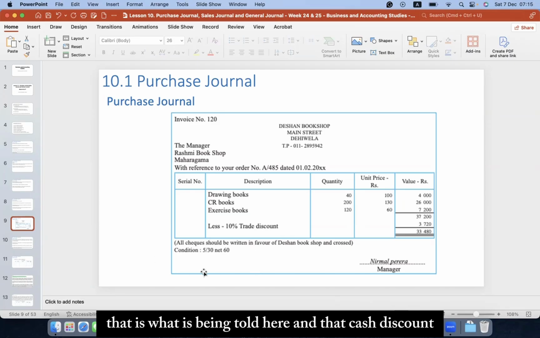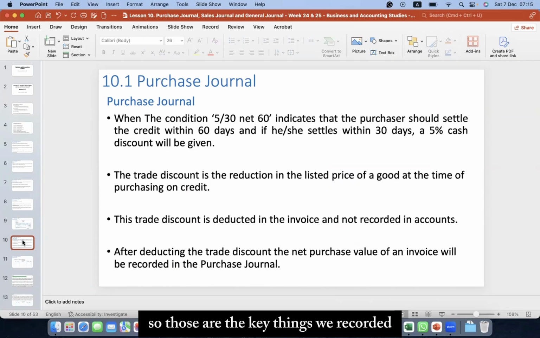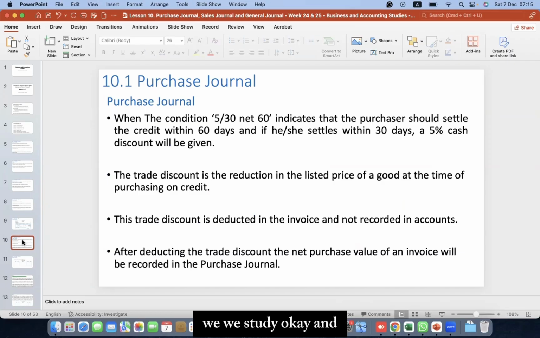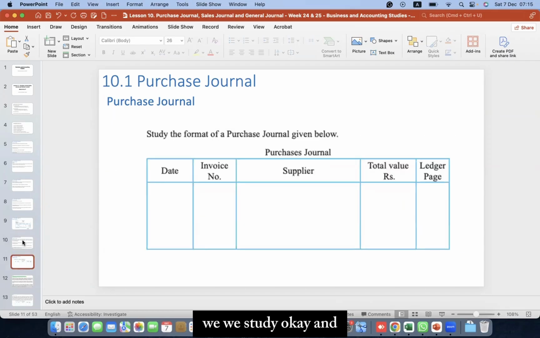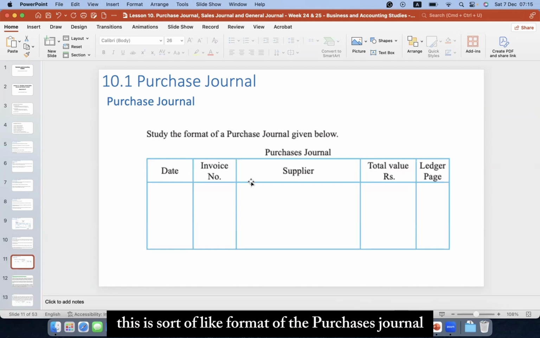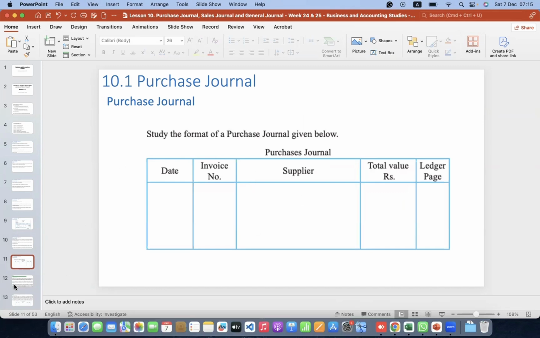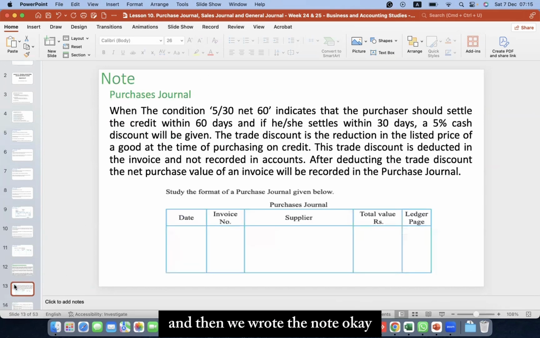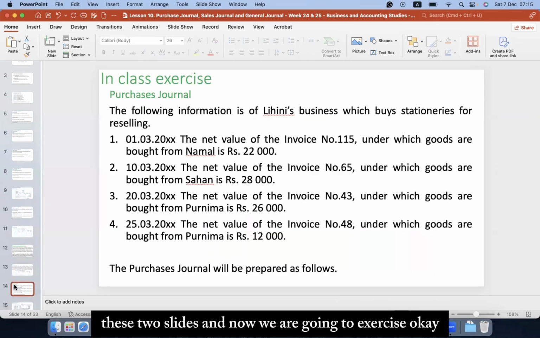And that cash discount we account for separately as we are collecting money and collecting the payments. So those are the key things we recorded and studied. And this is the format of the purchases journal. And then we wrote the note. These two slides, and now we are going to